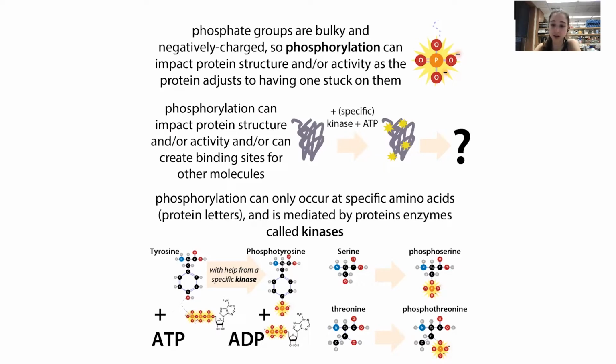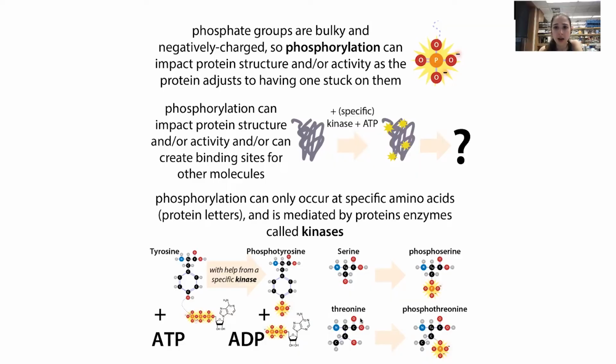You can also get phosphorylation of some other letters that are less common, like in bacteria. You can get histidine phosphorylation in some mammals, but it's less studied because it's harder to study. In the case of histidine, you don't have the oxygen. Instead, you're going to have a nitrogen attacking. So you're really only going to get that phosphoryl group, a phosphorus with 3 oxygens and a nitrogen around it. But nitrogen's also electronegative, and it has the lone pair, so it can act like oxygen in terms of being a nucleophile and attack. Anyway,